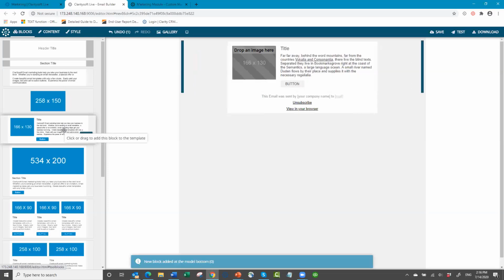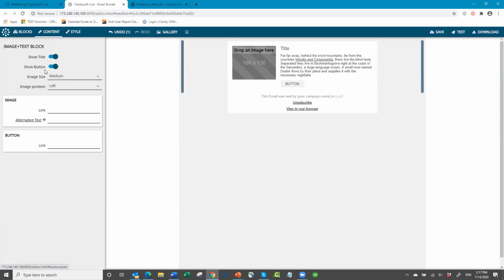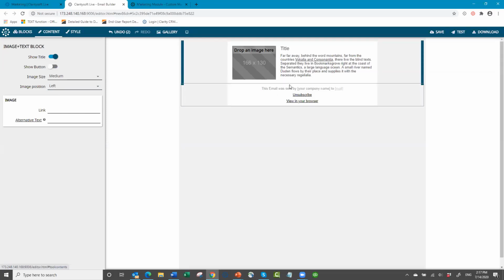Because what I want to do is get an image over here. I do want a title, that's my header, but I don't want all this small text and I don't want a button. So that's where the Content tab comes in. Once you select a block, you go to the Content tab and you can see, oh, I can turn things off. So I can turn off the button. The button is gone. I do want this block here, this text, so we'll leave that, and I do want the title. So what you can do then is upload an image,